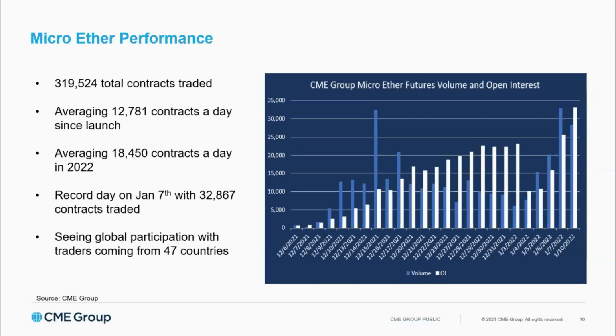When you look at the right-hand side, you see that as of yesterday, we've just set an open interest record in micro Ether at almost 35,000 contracts. What that's telling us is that people are buying these contracts and holding these contracts. There's not just day trading in and out of these contracts. There's a really healthy mix of market participants in this market very quickly, which is really encouraging to us from an exchange standpoint, to see a diverse set of participants in this market.